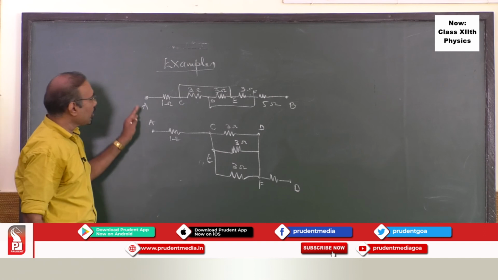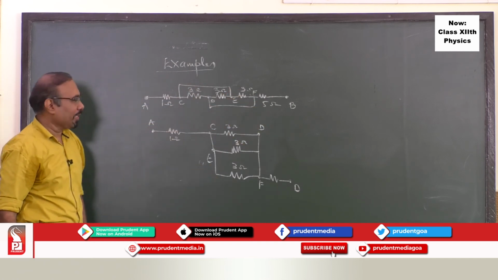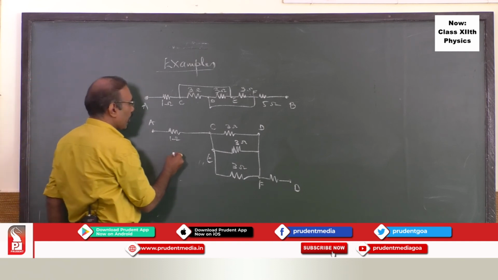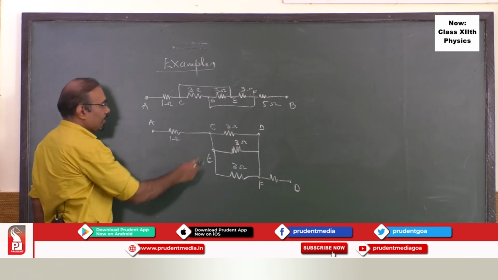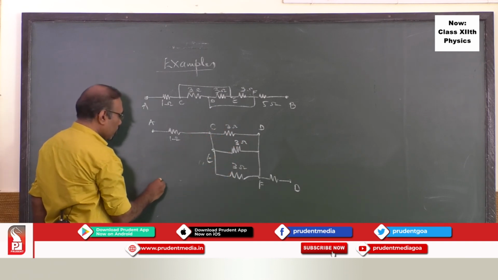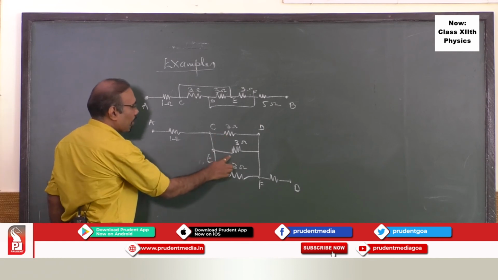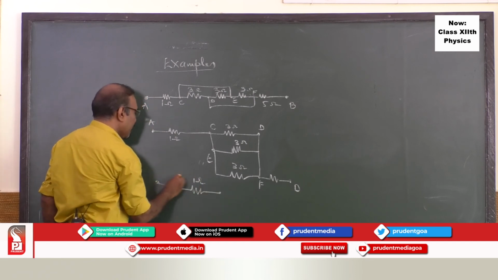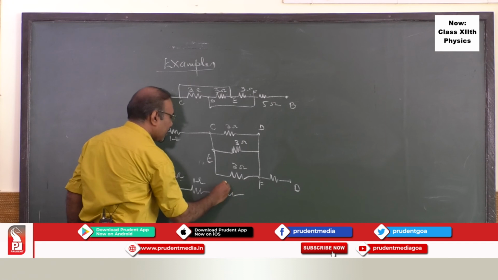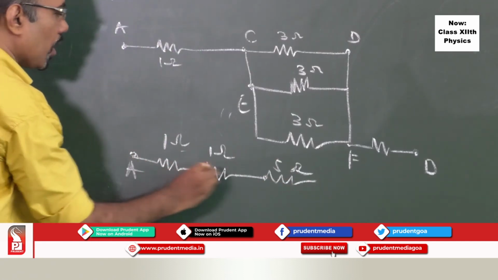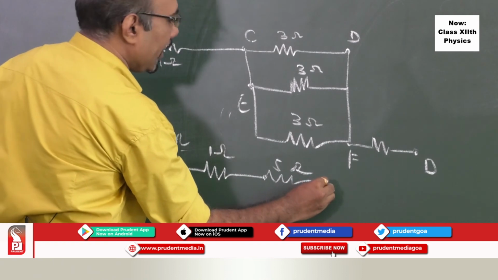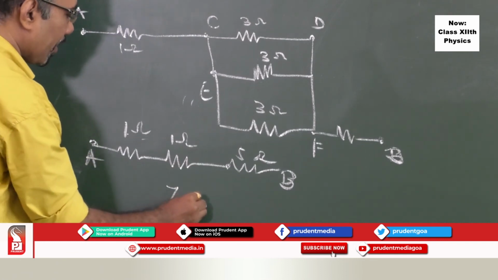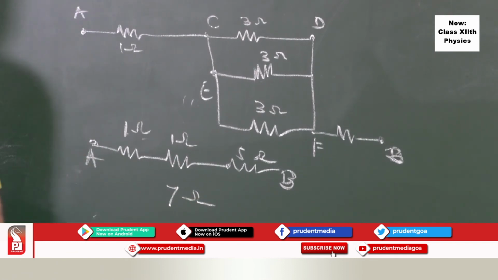So this is the equivalent circuit of this little bit complicated circuit. Not so complicated, but a little bit complicated. First take up the simple one, and then go for the difficult one. Now it is very much evident that these 3 ohm, 3 ohm, 3 ohm are in parallel. So you can easily find out 1 by 3 plus 1 by 3 plus 1 by 3, that is 3 by 3, 1. So this resistance will be 1 ohm. This resistance is 1 ohm. And this resistance is 5 ohm. So naturally the equivalent resistance between A and B is 1 plus 1 plus 5, that is 7 ohm.